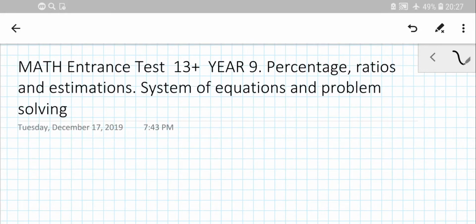Here is Maths Entrance Test 13 Plus for Year 9, and we just continue. That's part 2. So we continue to explore percentages, ratios, and estimations, and on top of that I'll give you hints on how to cope with equations and systems of equations and how to apply them to the problems. Before, there were the basics, and we figured out how to solve different types of equations